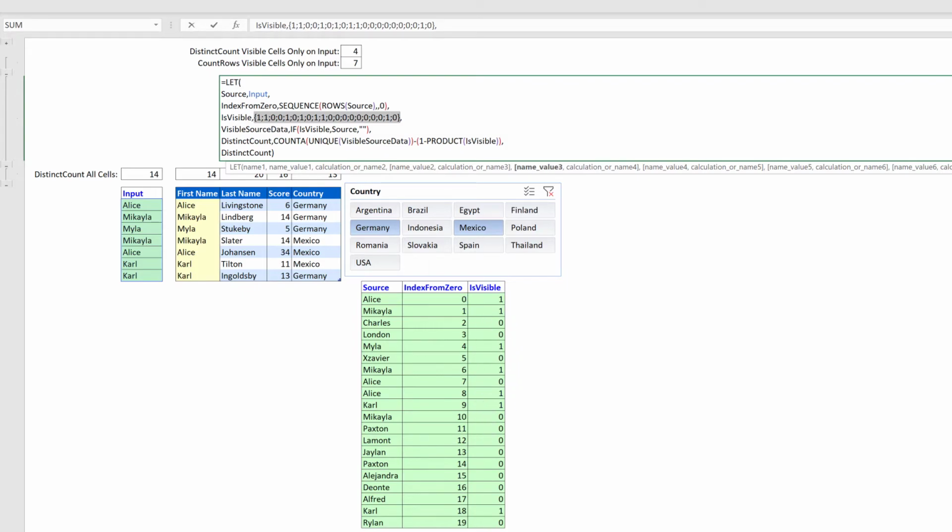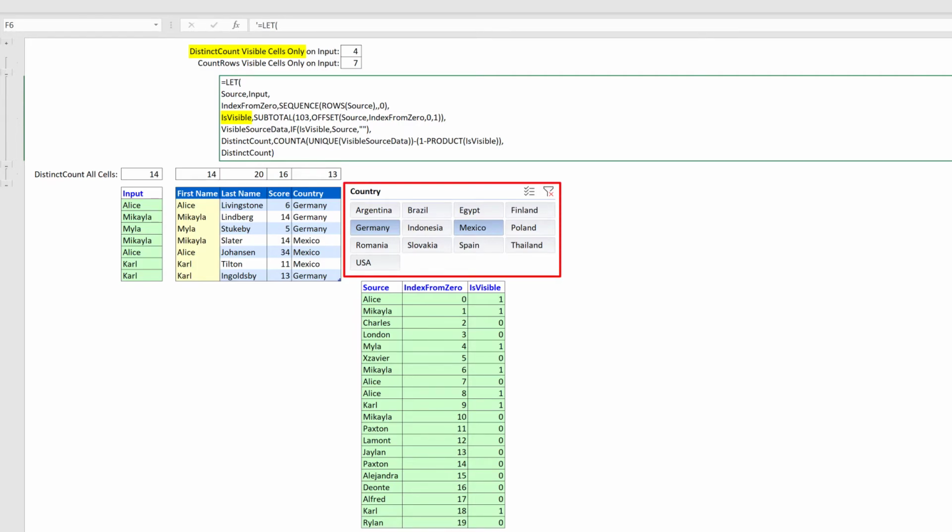Now, let's contemplate the consequences of this isVisible step for just one moment. In DAX terms, we have a scalar valued measure, a function, that now is fully aware of the external filter context applied to a fact table. And we can modify that external filter context at will at any time we want. So external filter context aware measures in Excel Classic, no problem. And that is no small feat, and all in all not so difficult to compute. Let that sink in for a moment.